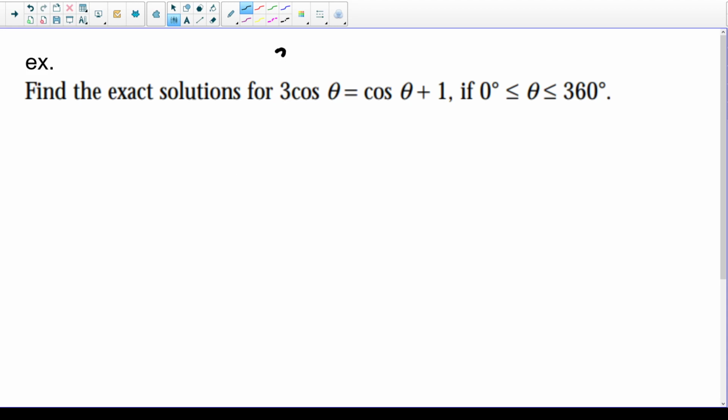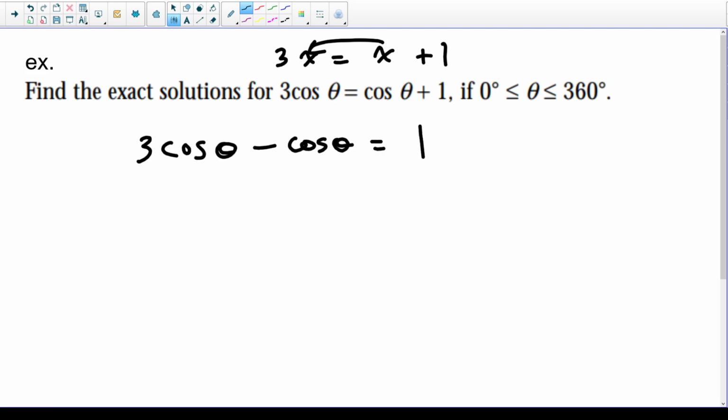So let me just write what I'm talking about here, just so you can see it. I wanted you to try to mentally do it, because if you can mentally do it, you don't have to write it down. But I could replace cos theta by x. So what would you do in an algebraic scenario in this case? Well, you would bring the x over to this side. And that's what we're going to do. We're going to bring the cosine over to this side. And I'm going to show all the steps. If I bring the cosine theta over to that side,